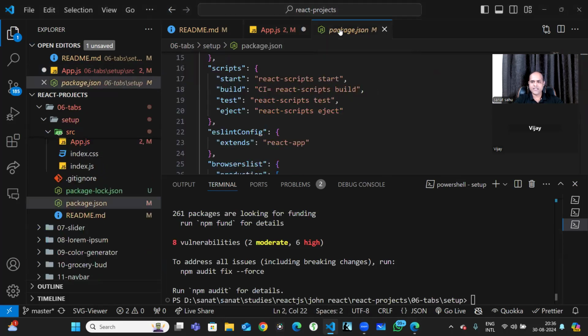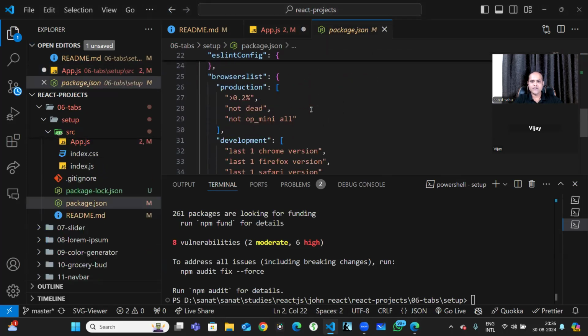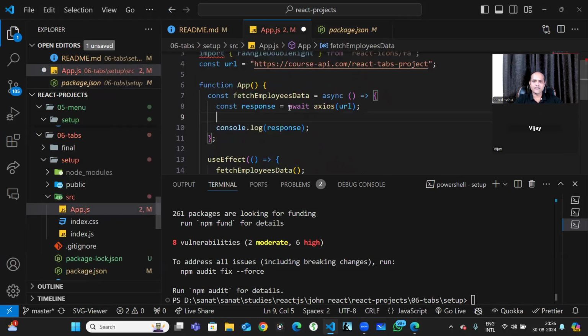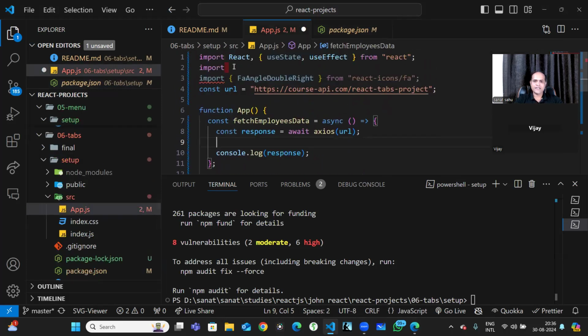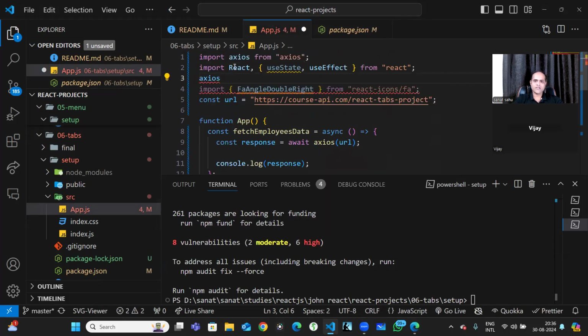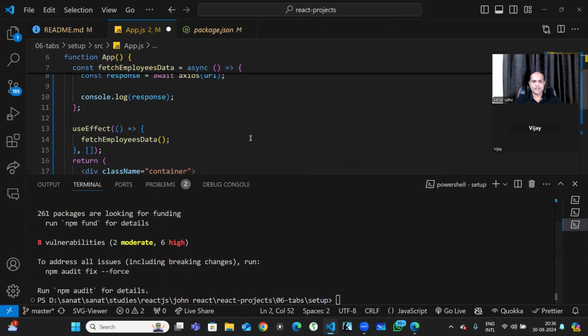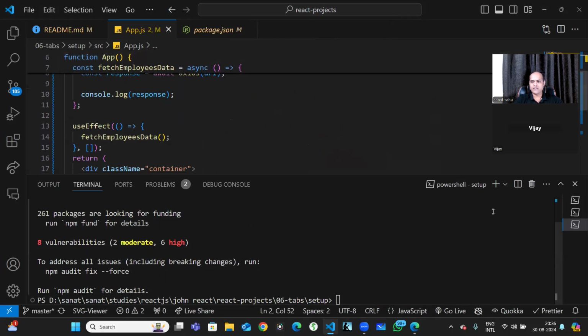Let's see. If it's not getting installed correctly, then there is no point in moving ahead. Yeah, it got installed correctly. So now when I write Axios here, it should import it. Okay, so axios from axios got imported. Now if I save it,